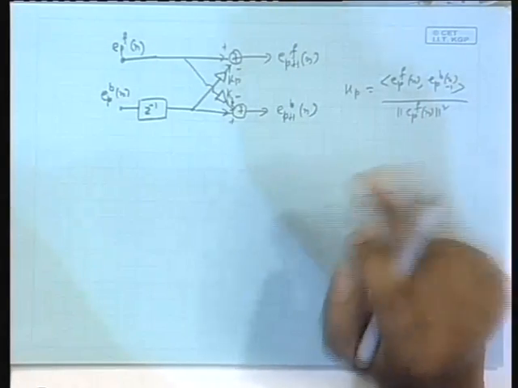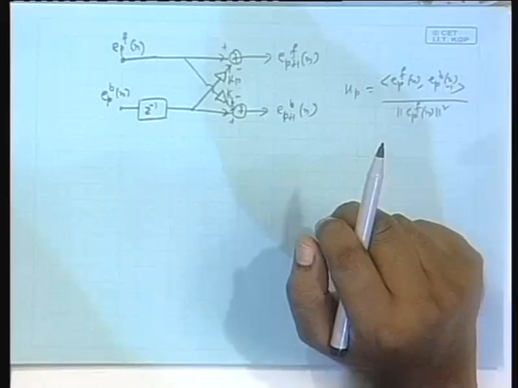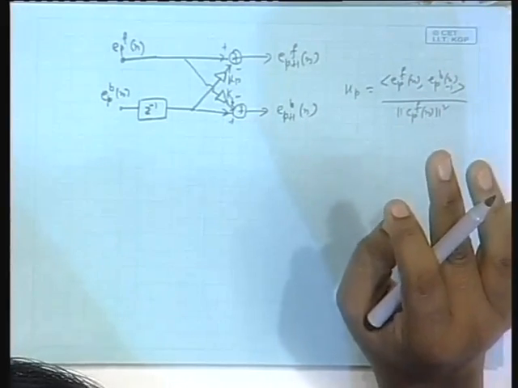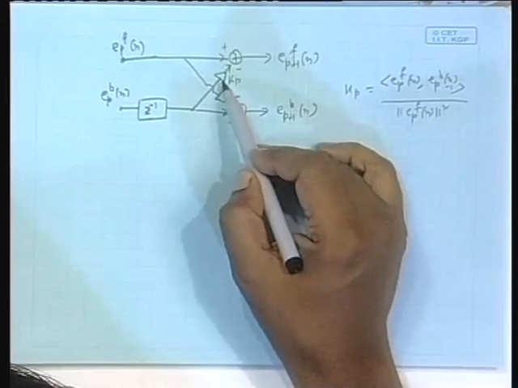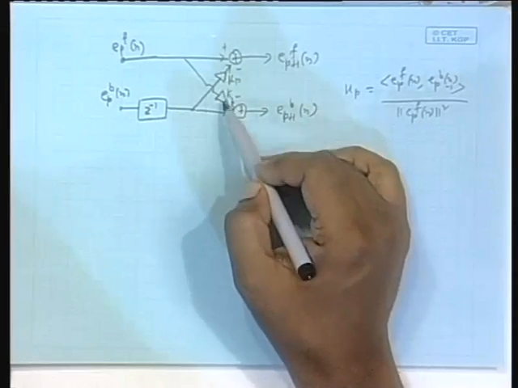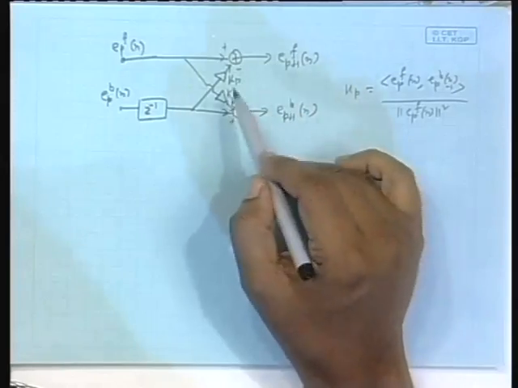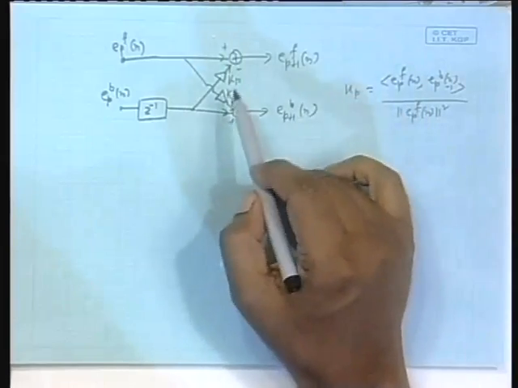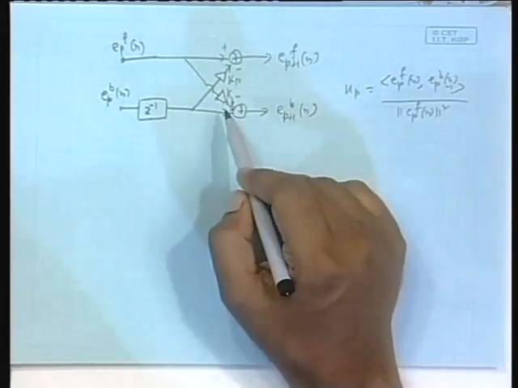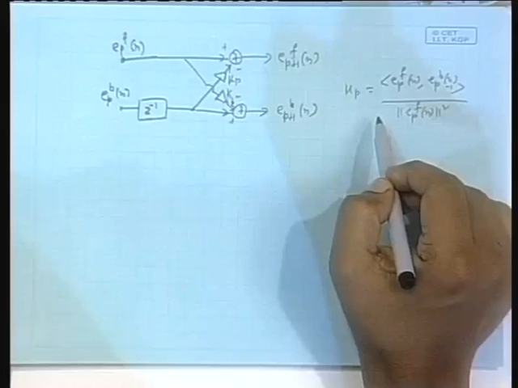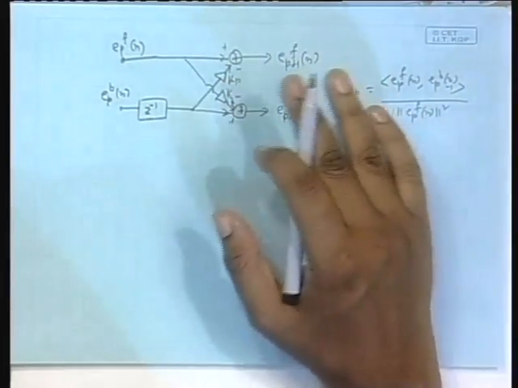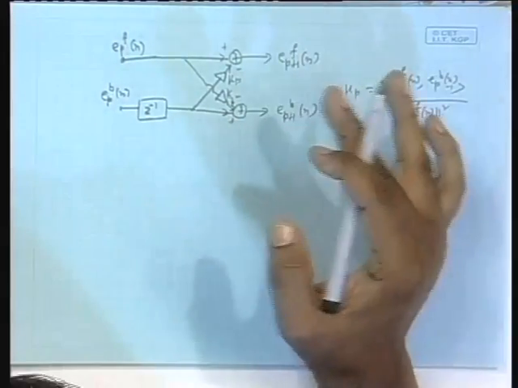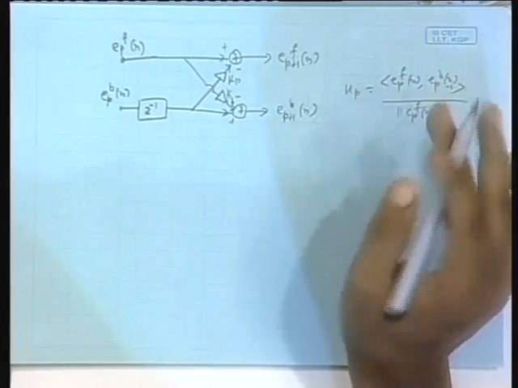But suppose you do not know those correlation values, or the statistics is slowly changing with time. Therefore, you need a mechanism by which these multipliers learn, adjust, and adapt themselves with time, so that they learn from the data and adapt their values to the ideal Kp. So that if the input statistics changes afterwards, it will again track and readjust itself to the new set of Kp values. That is adaptive.